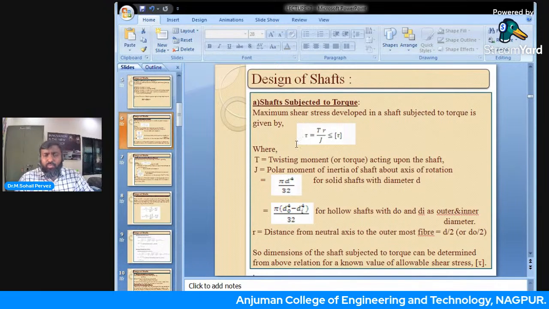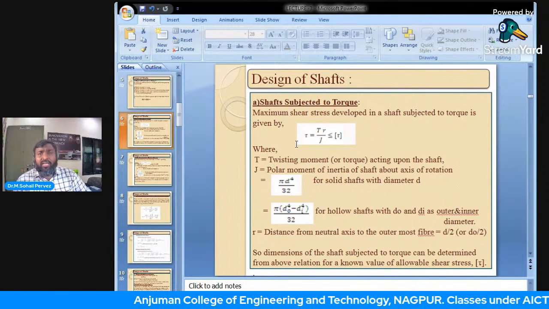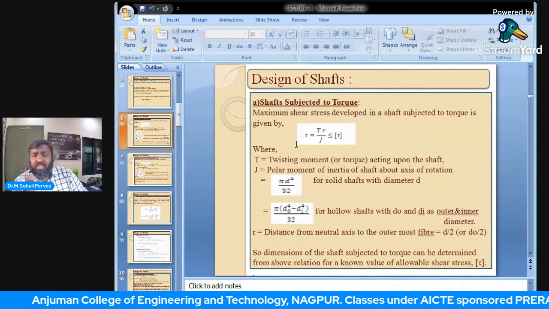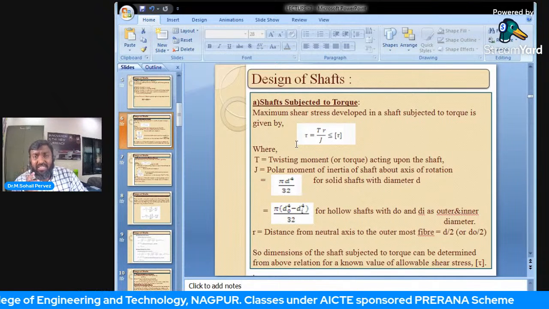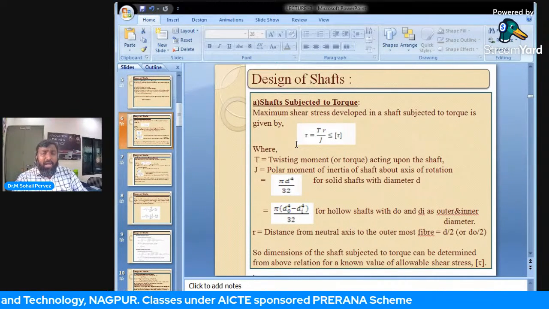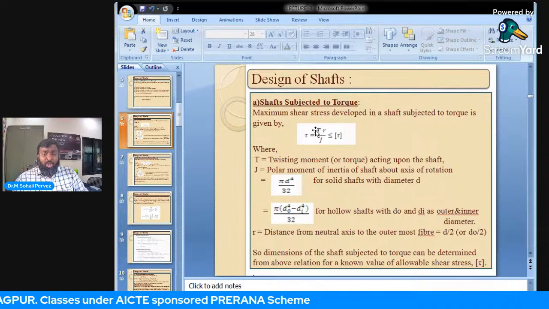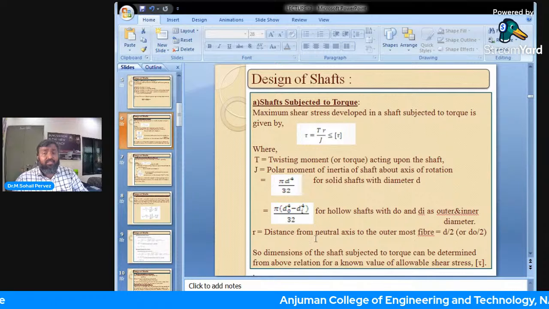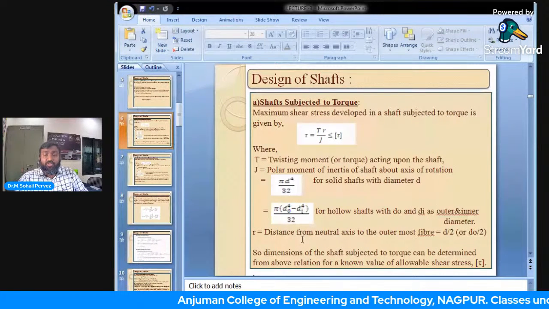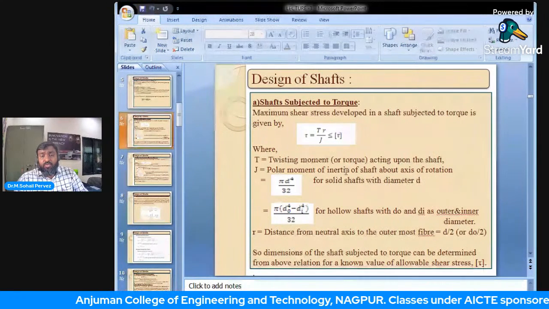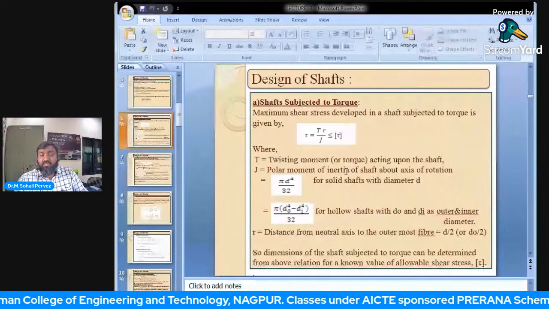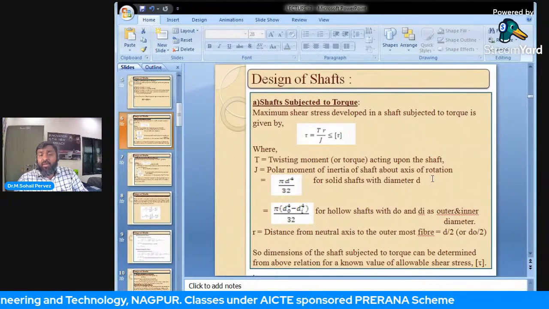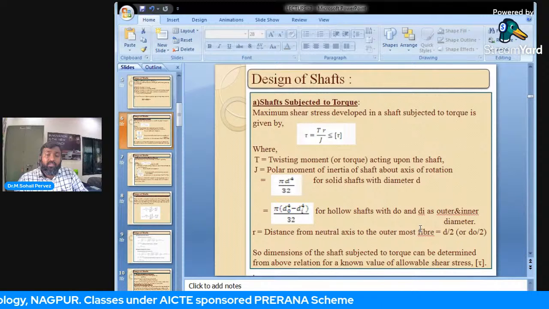What is this tau? It is the maximum induced shear stress in the shaft material by virtue of this torque, with this polar moment of inertia of this shaft section in rotation, obviously. So T is the twisting moment or torque acting upon the shaft, J is the polar moment of inertia of the shaft about the axis of rotation. Now, if the shaft is solid,